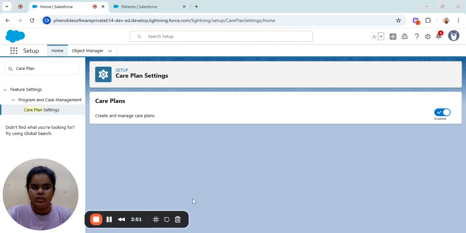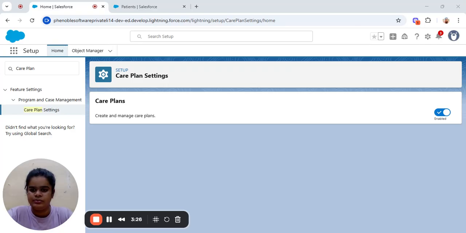If it is not enabled, you are not able to see the care plan application in your organization, so please make sure this is enabled. And if we enable this option, we are able to see one more application called Care Coordination. So please enable this.